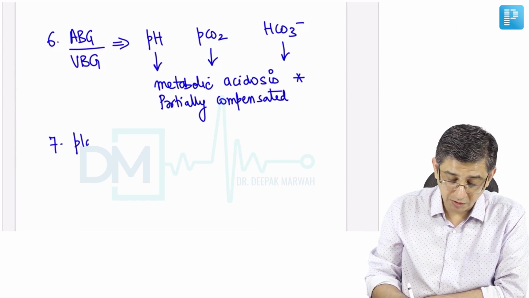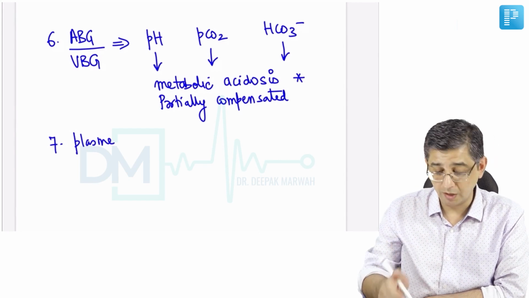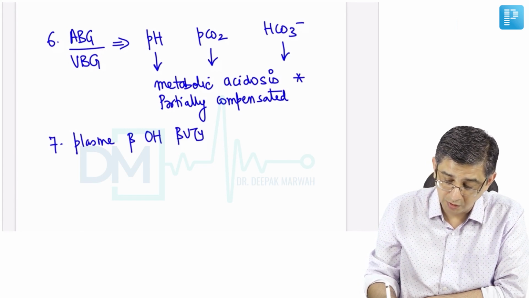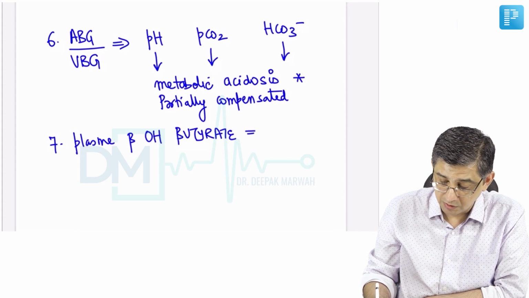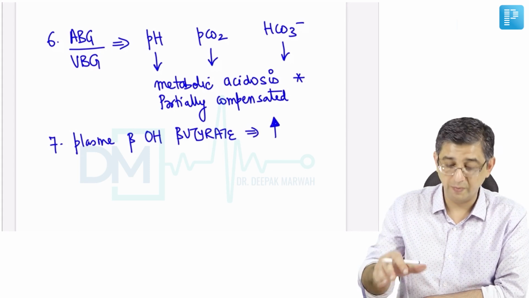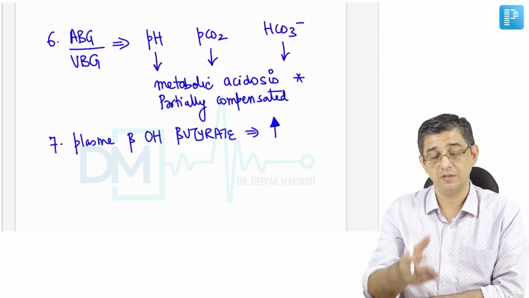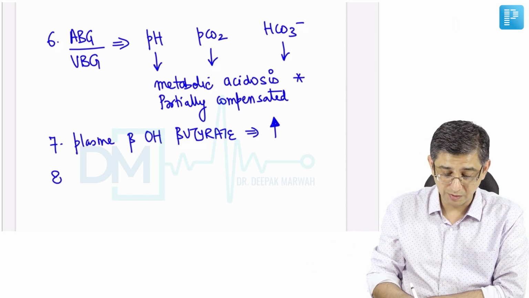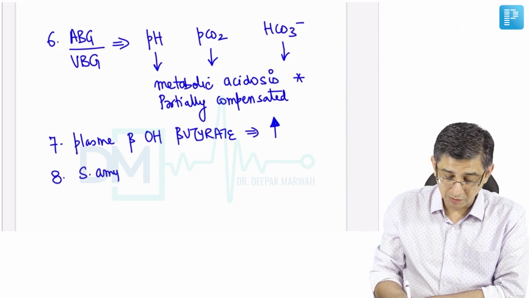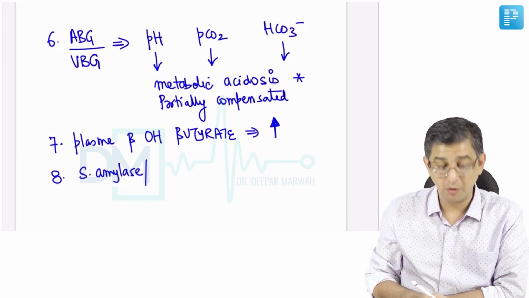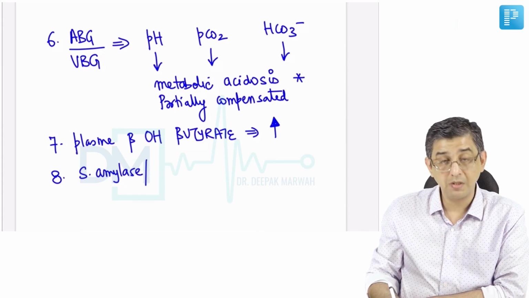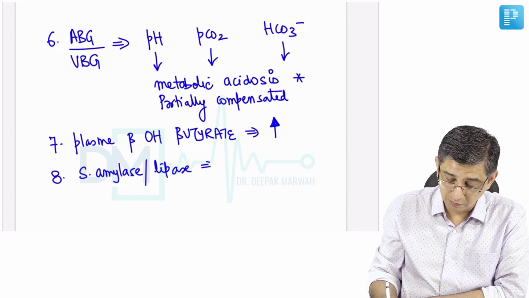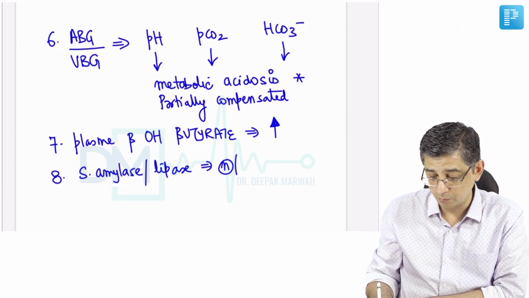The main investigation that will base your diagnosis of diabetic ketoacidosis will, however, be plasma beta hydroxybutyrate values. If this is elevated along with demonstration of metabolic acidosis, you have the diagnosis in place: diabetic person, ketones, and acidic pH. You are definitely right in your diagnosis. Because initially these patients might present with severe abdominal pain and vomiting, you might misdiagnose this case as acute pancreatitis. So amylase and lipase are also to be done for these patients. The values could be normal or slightly elevated.